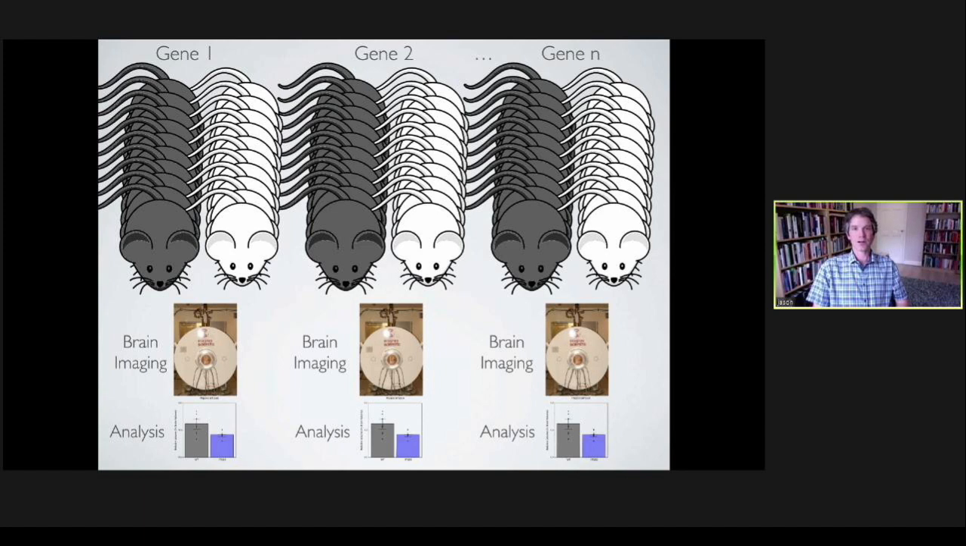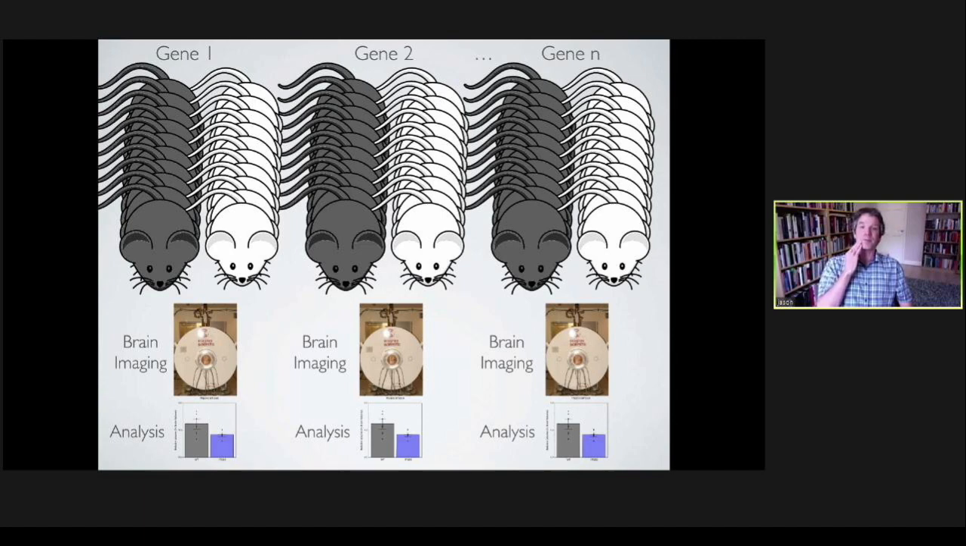Then of course, they're all imaged with either in vivo or ex vivo structural MRI scans. We process the data to extract information about brain shape, local brain shape and volumes. And then we do the analysis, correct for multiple comparisons, exactly the way you would for human brain imaging. And of course, we repeat this from one gene to the next. And so the very first results I'll show in this regard